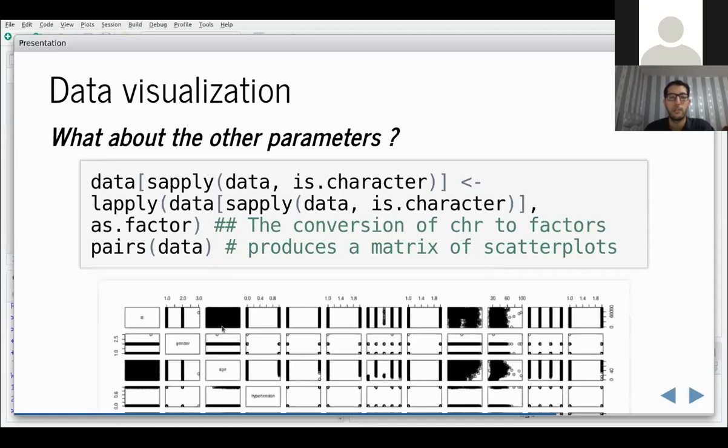So instead of using two by two, it will make a lot of combinations of scatter plots, and from them I can maybe get a clearer idea of how my data correlate to each other. For example, I will have age here,